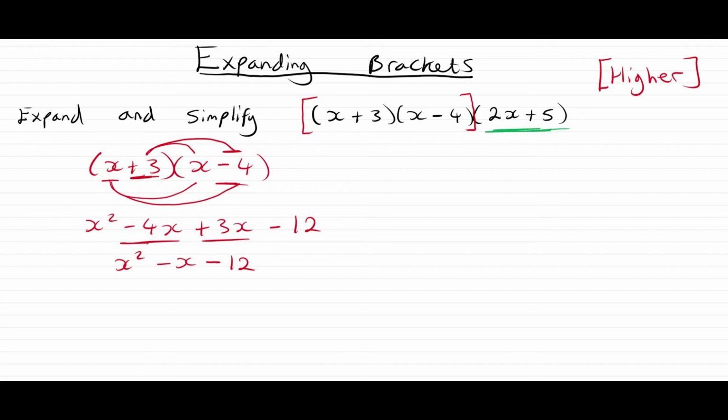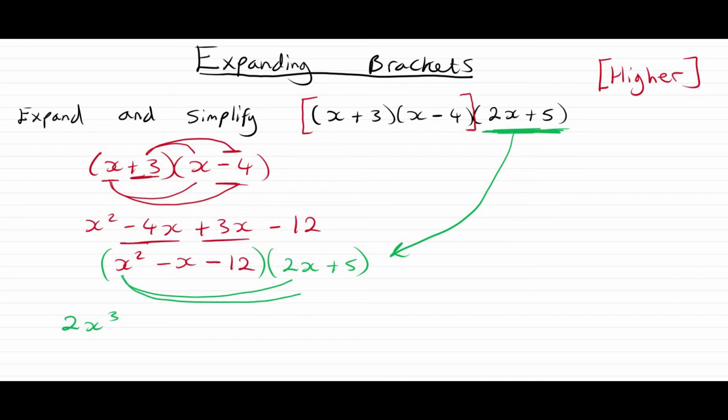We now need to get back to involving this guy in the whole situation. So we're going to bring this down here, and we're basically going to multiply whatever we got for the previous answer by the remaining bracket, 2x plus 5, okay? So we have x squared times 2x, which is 2x cubed. x squared times plus 5, which is plus 5x squared,